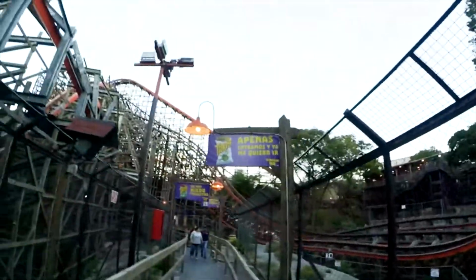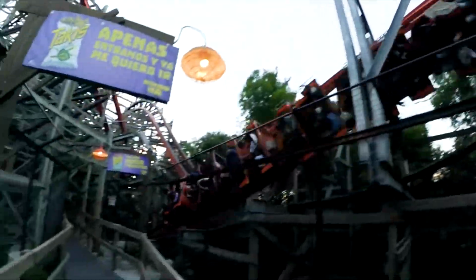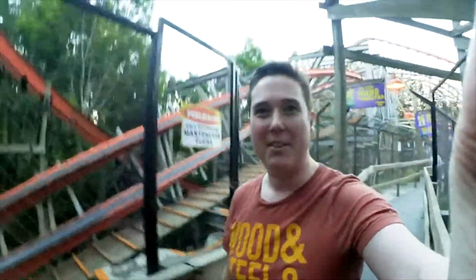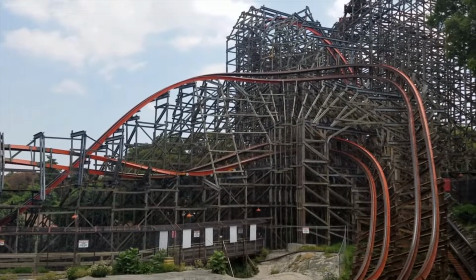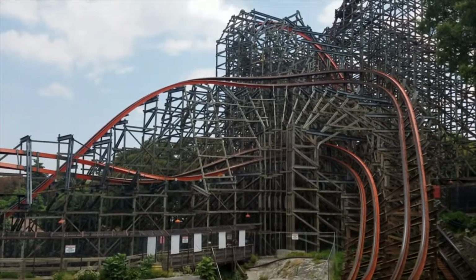Medusa doesn't have any of that though, and in comparison it's just big element after big element, packing in airtime, inversions, and a relentless pace without anything detracting from the ride. The pacing is just phenomenal, it's just one element after another, no letdown, no respite, boom boom boom, it's just such a fantastic coaster. The one place where Medusa did innovate, however, was pulled off absolutely flawlessly, and that's the